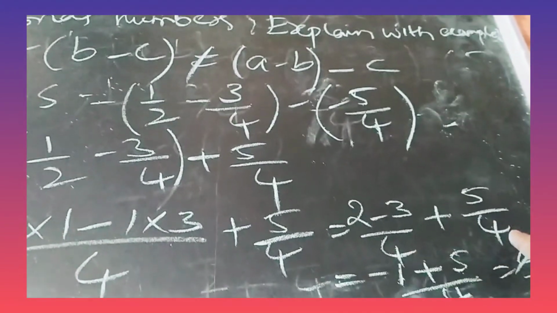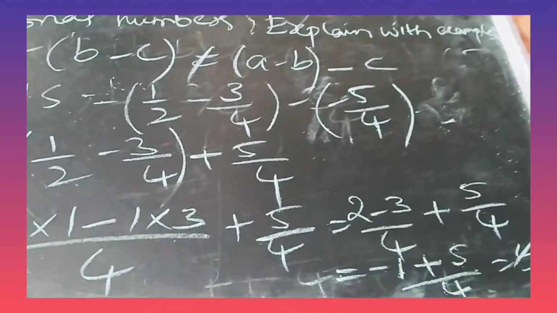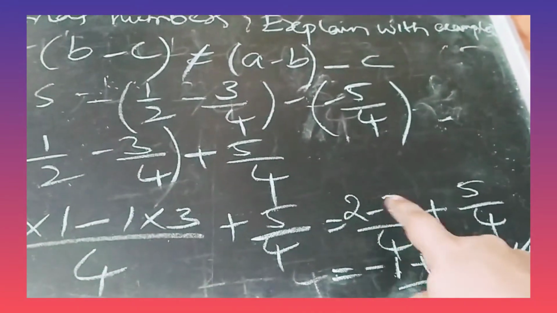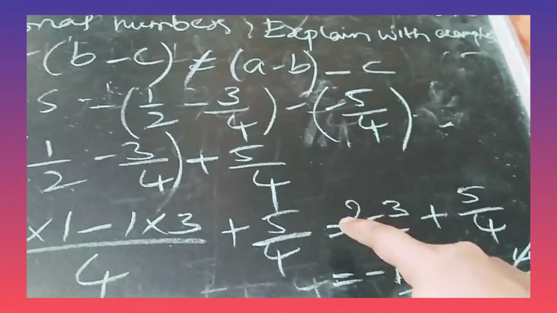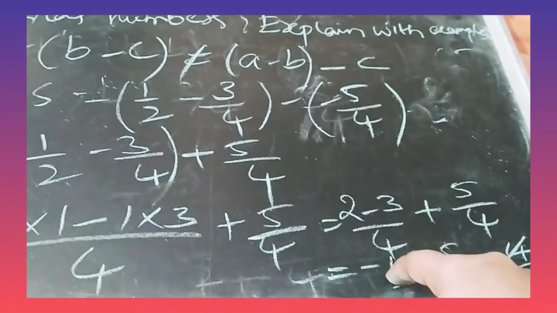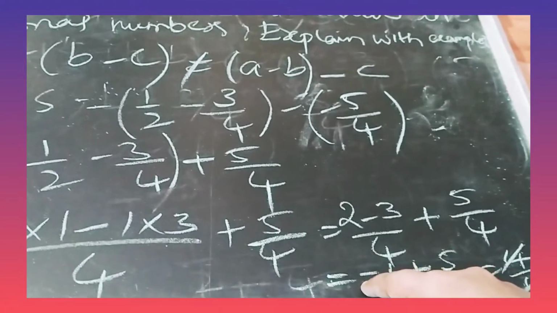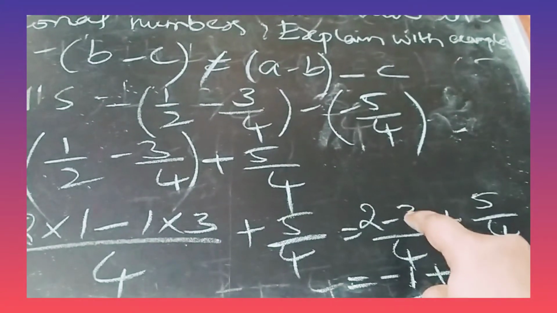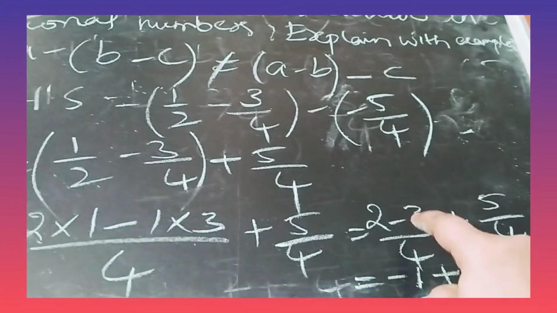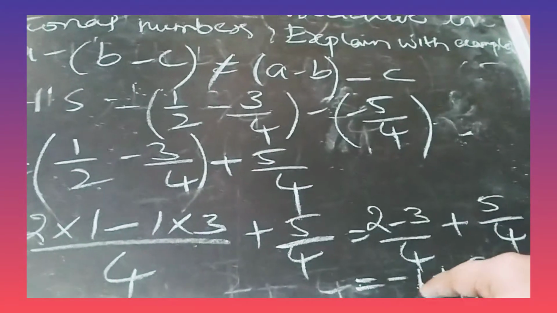Okay, here the denominator is same now, so we'll write the denominator here like this only. It is 3 minus 2. 2 minus 3 means what you have to do? You have to do 3 minus 2. What is 3 minus 2? It is 1. Okay, it is minus 1. How is it minus 1? Here which number is bigger? Here 3 is bigger now, so you have to write the symbol of 3. What is the symbol of 3? It is minus. Okay, minus 1.